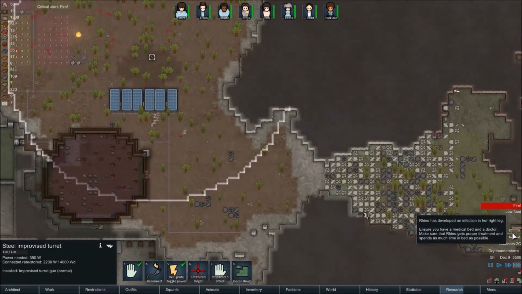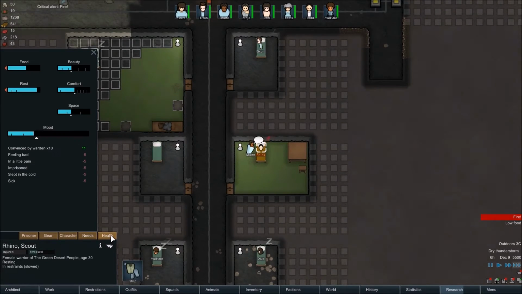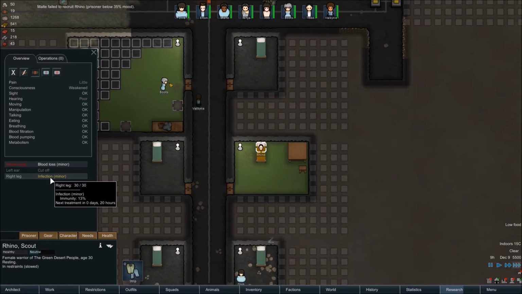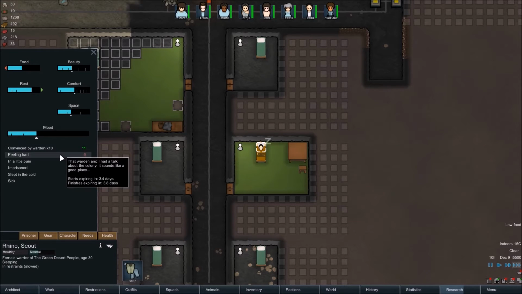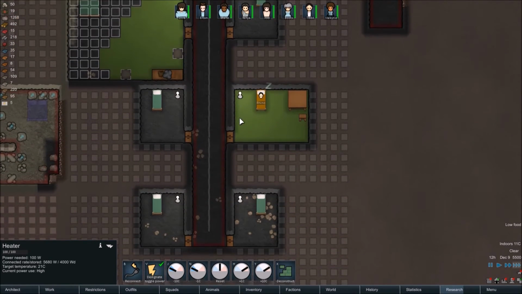That's not good. Could have been a better idea for me. An infection to our hostage. It's probably not too bad. His left ear had to be cut off. Okay, that's not too good, but it shouldn't affect him too much. He has a minor infection in his right leg, which, judging by the speed of immunity going up, should not be a problem at all. Convinced by warden, feeling bad, a little pain, imprisoned. So there's nothing much else we can do to help him out, apart from maybe...